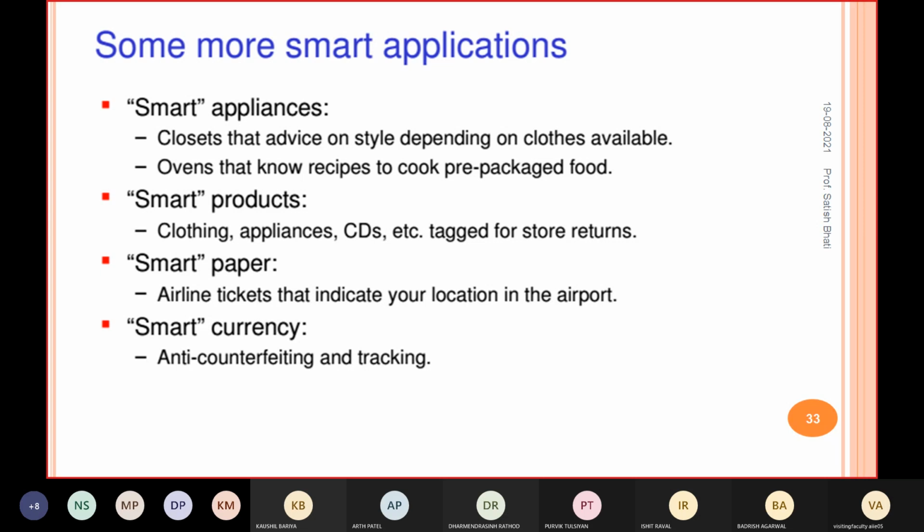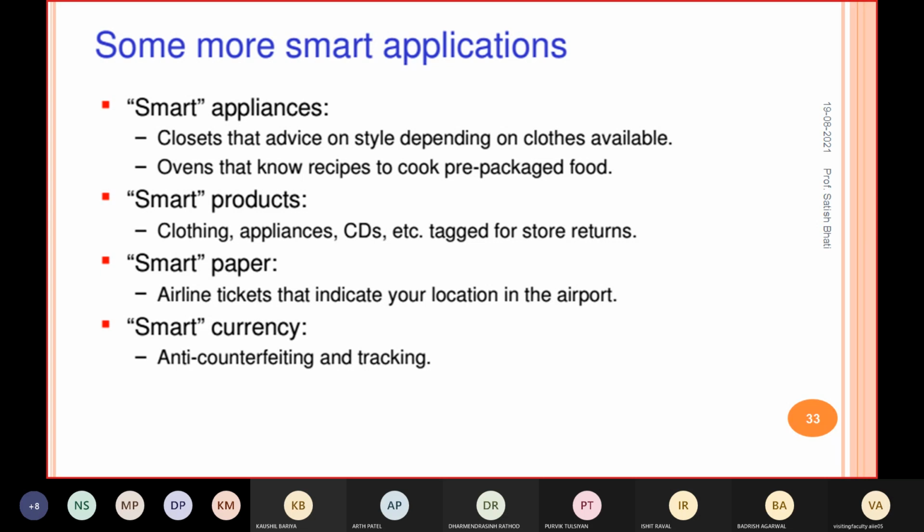Then anti-counterfeiting and tracking, right? That we have discussed. So smart currency: today you will find people duplicating currency notes, like the 2000 rupee note or 500 rupee note, right?